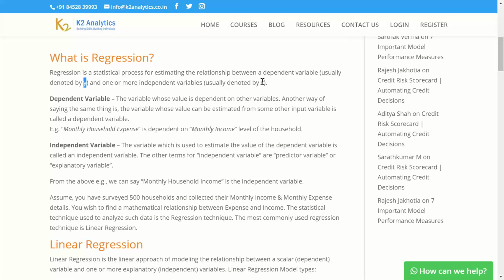Independent variables are typically denoted by x, and you may have one or more independent variables. As such, we refer to the independent variables by x1, x2, x3, and so forth. Now, if you ask me what is dependent and independent variable, it is very important to understand these terms.